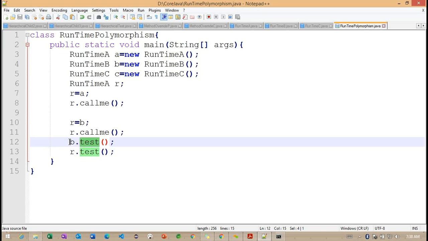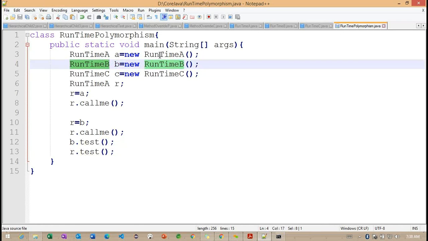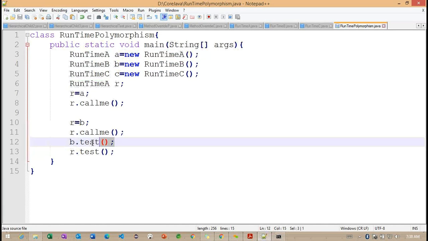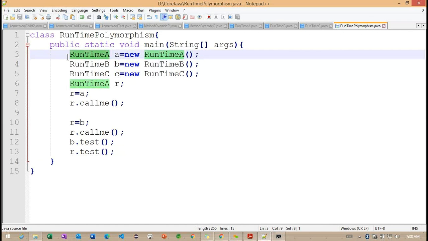Getting the point? So don't confuse here. This is the runtime B class reference here, but in the runtime B class, we don't have a test method. But here, this particular runtime B is extending from the runtime A. What will the compiler do? It will check the B class test method. If it is not available, it will move on to the runtime A class.